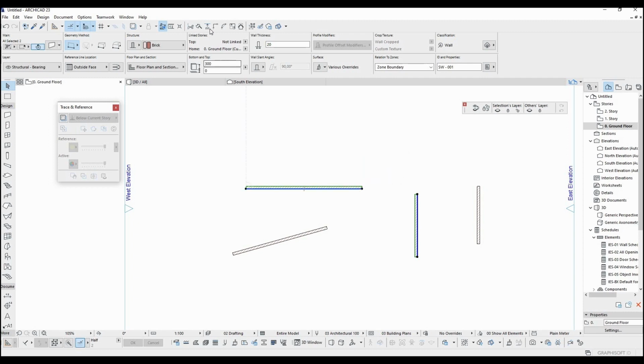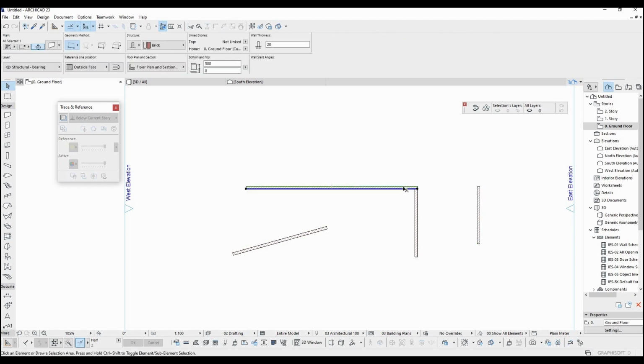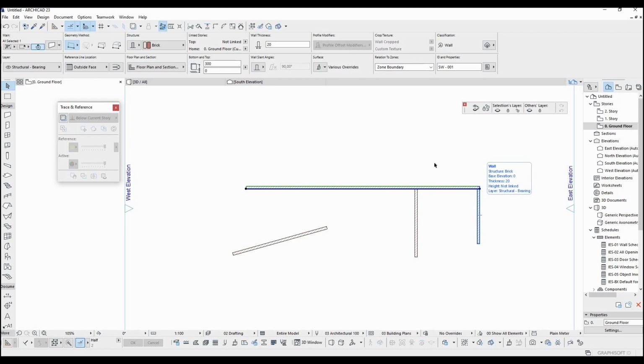And I'm just going to click this intersect tool. As you can see, walls intersected. This time, we are going to align a wall to another one. I click the wall and go to the Adjust button and click any other item I want to reach. As you can see, our wall extended to the other wall.